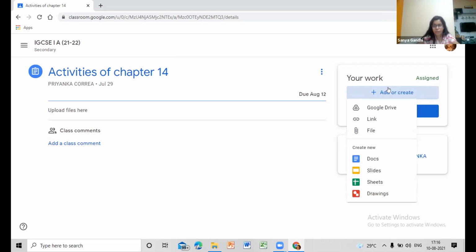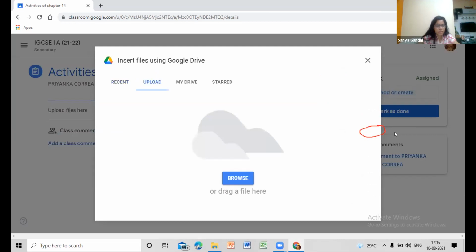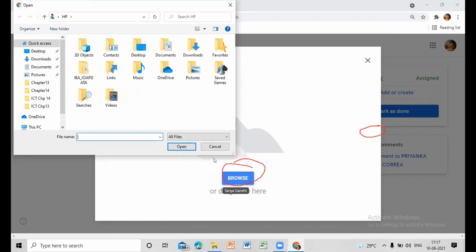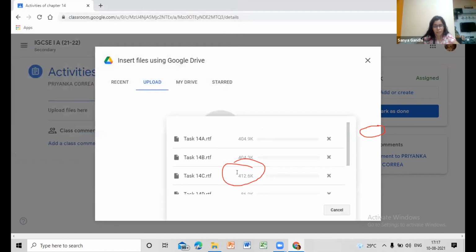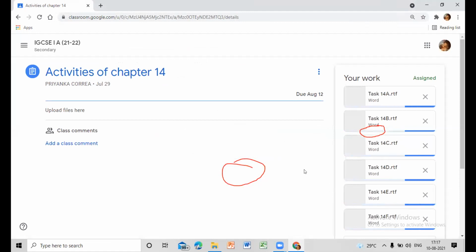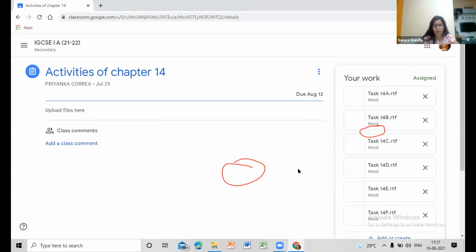Yes. What do we do? We have files already in our local machine, so we click in there. Double click. Yes. Now we upload. We browse. We know how to browse, right? We go to chapter 14. What do we do? We simply control it. Yes, so all the files have come. Can we click on open? Yes. Now they are loading. Don't click anywhere else until they have loaded.